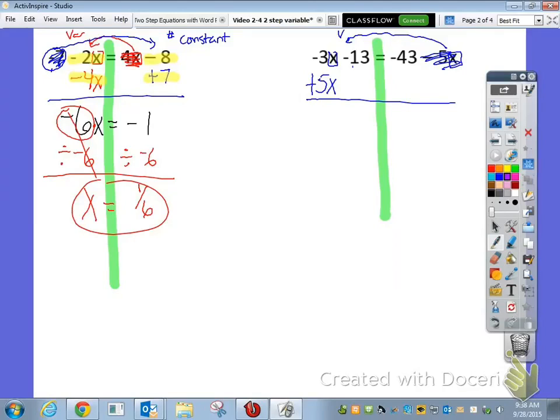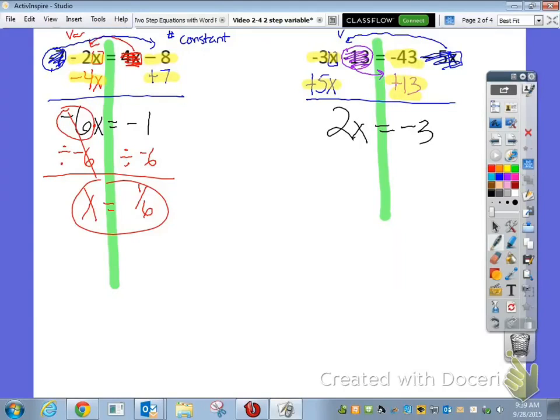Negative 13 does not have a variable, so I do not want him on the left side. So negative 13 has to go to the other side. So instead of a negative 13, he becomes a positive 13, okay? And he moves. When he moves, he's gone. So now I can combine like terms. Negative 3 plus 5, that would be positive 2x equals, and then on the right side, negative 43 plus 13